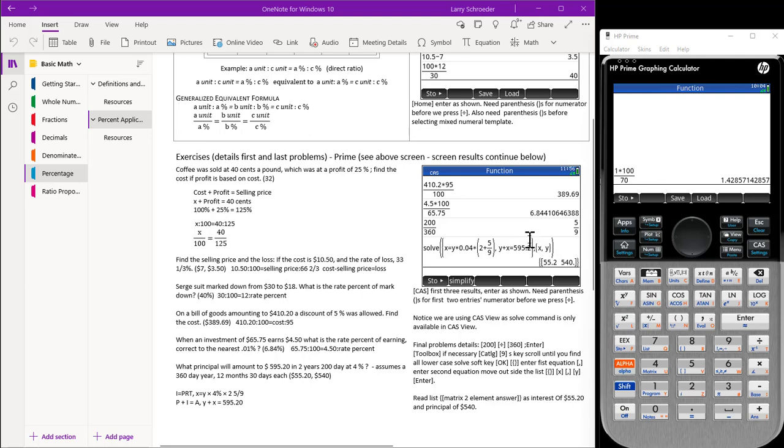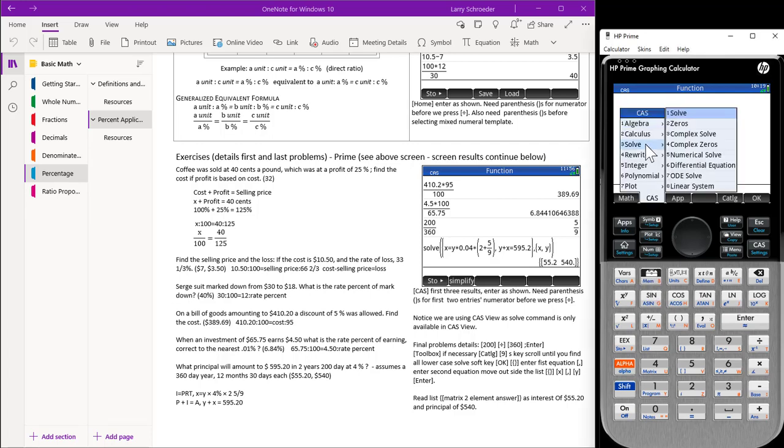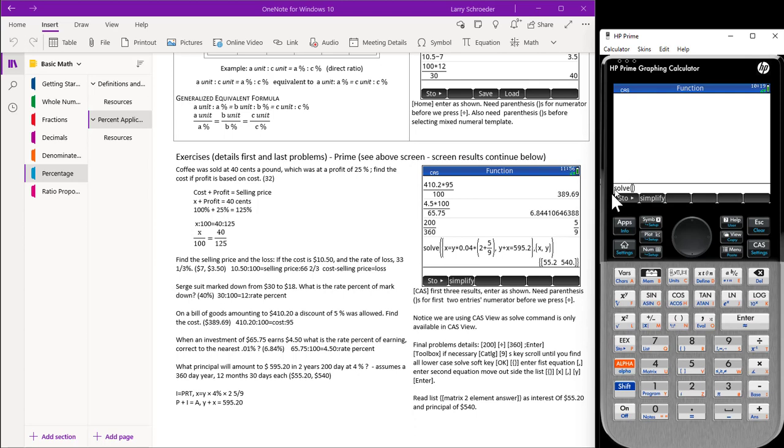We will do this on our calculator so you can see this in action. To work this problem, we need to be in CAS. Let's clear out our calculator. Press the toolbox. Solve. Solve. Then what we need is the list operator. Then we need the first equation. So we have the x equals, to get y, it's right here, so we're going to hit alpha y